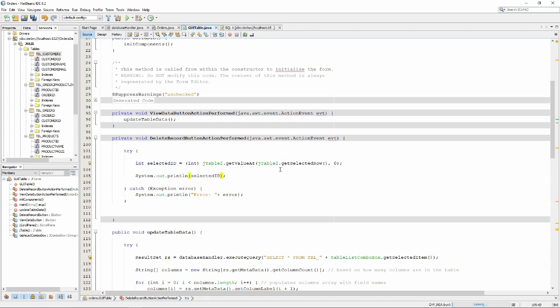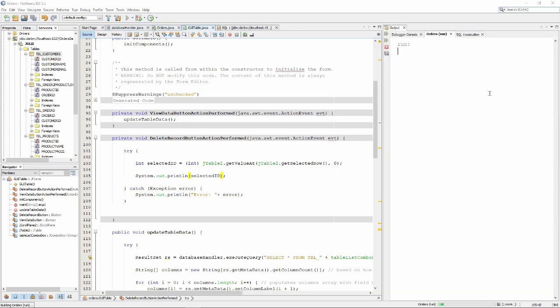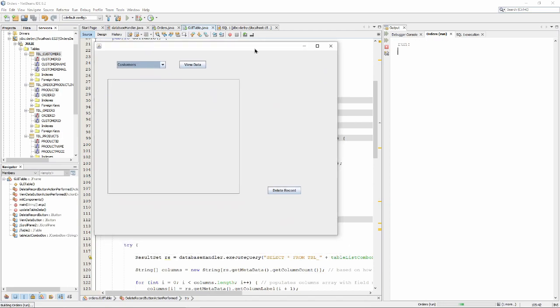So I'm just going to print out the ID number at that stage, just to prove to you that this is doing the right thing. This is one of these tests that you should always do, because if it's giving you the wrong ID number, then it's doing it wrong. So at this stage I should be able to print out 4. 4, lovely. This should print out 5. This should print out 2. If it's giving you the right ID value, so what you've clicked on, let's go products and then view data,